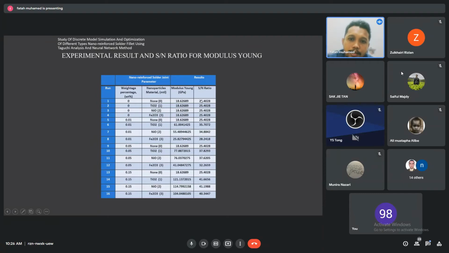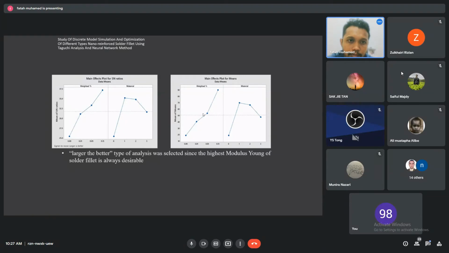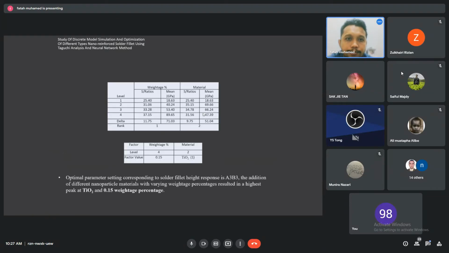So this is the experimental result, and this is the signal ratio, signal noise ratio. And this is the result. And from the result, we can come up with the optimal parameter setting. It shows that for the response of mechanical properties, hardness and modulus yang achieve their highest